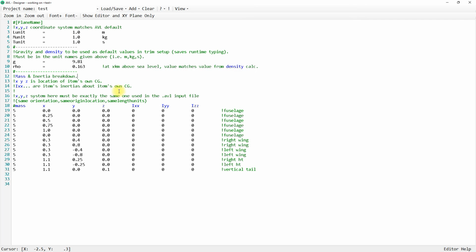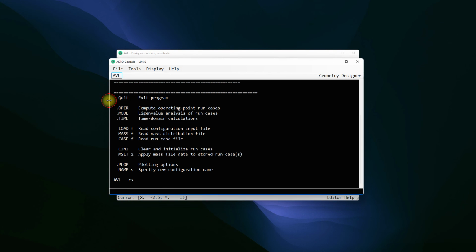Now that we have the mass file, let's see if we can load it in the AVL. So I'm going to save this mass file, and this is called test. So the file that I'm saving is test.mass. If I go back to my AVL console,